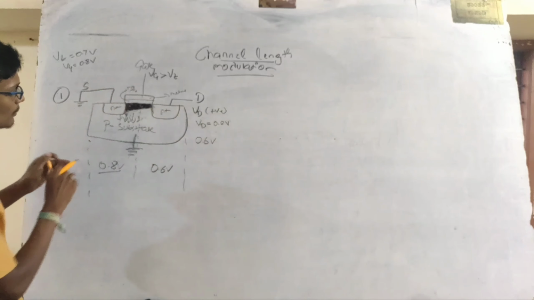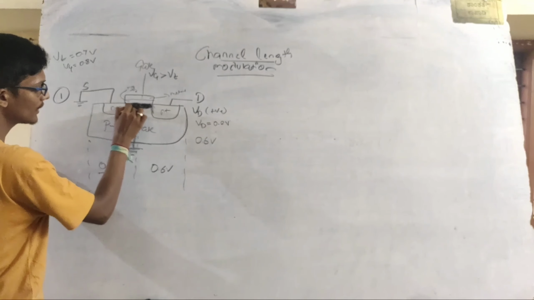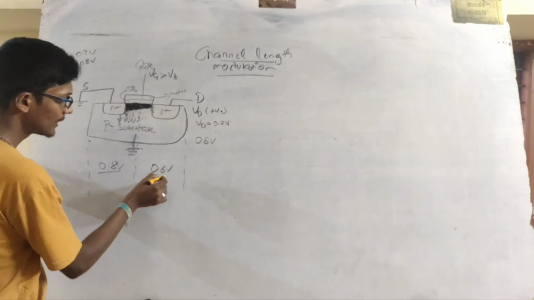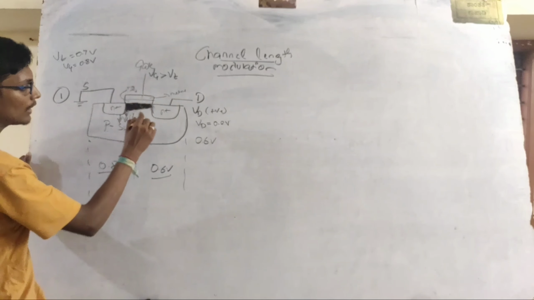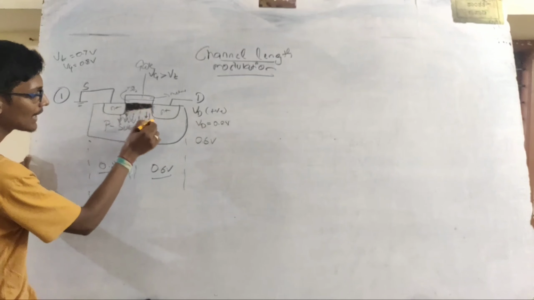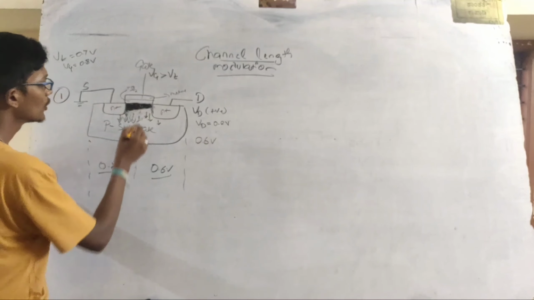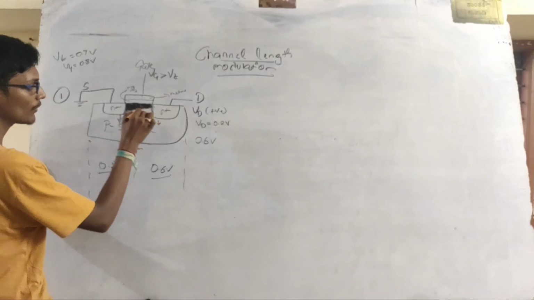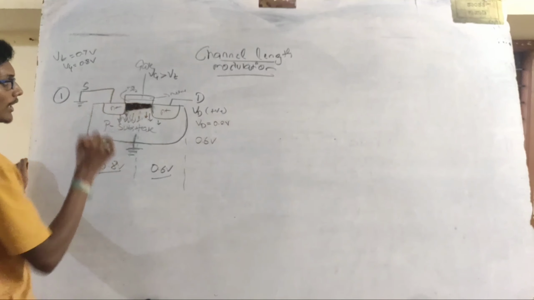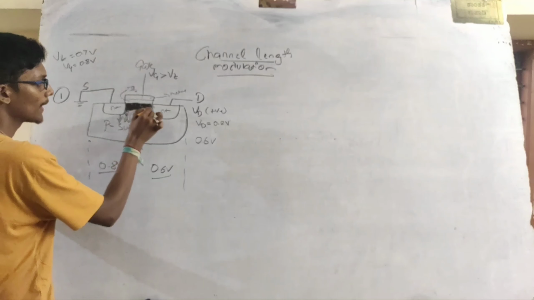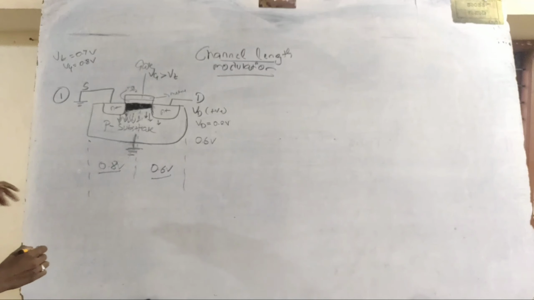When the holes get pushed into the P substrate, the electrons will jump in and sit here. But on the drain side there is a lesser potential compared to this, so there will be less force to repel holes from this side. Less holes are repelled, so fewer electrons accumulate here, whereas on the source side more electrons accumulate. Compared to the source side, the inversion layer will be much thinner on the drain side. This is our first case.